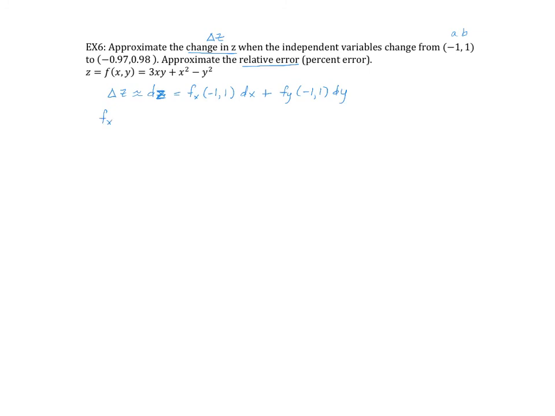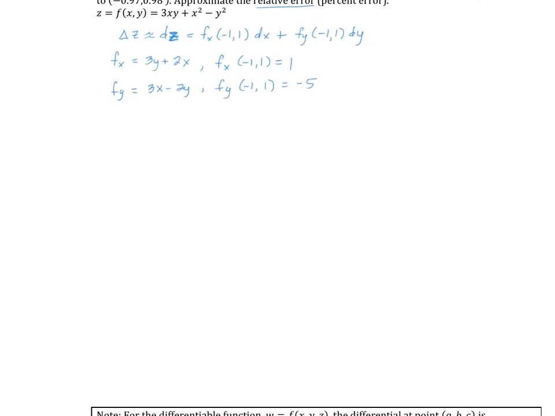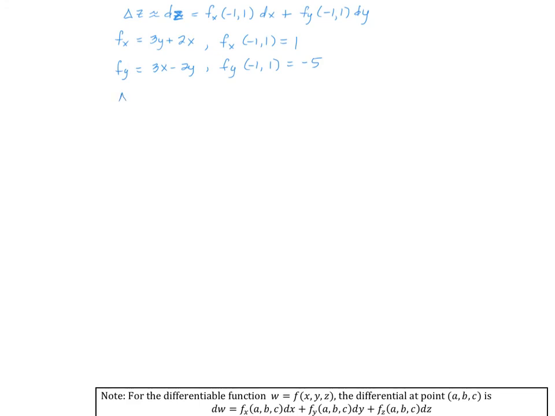So if I compute the partial derivative with respect to x, it's 3y plus 2x. And then evaluating this at negative 1, 1, looks like it's positive 1. The partial derivative with respect to y is 3x minus 2y. Evaluating at the point negative 1, 1 gives me a negative 5,